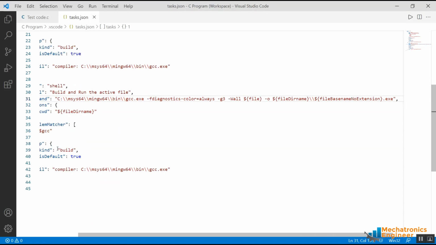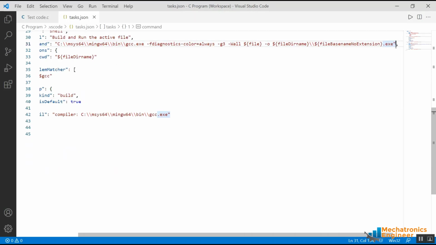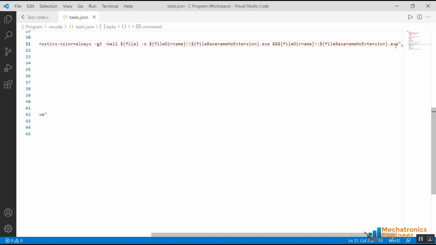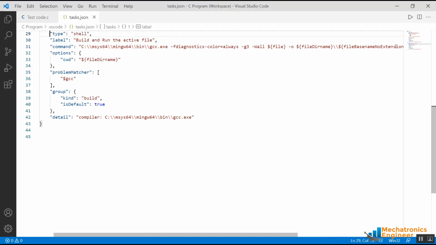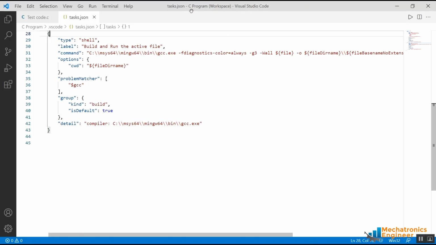So this command will build the source code and generate an executable file. But we also need to run that generated executable file. For that, let me copy this file name and place it at the end of the command. So now this command will generate the executable file and also run it in the shell,